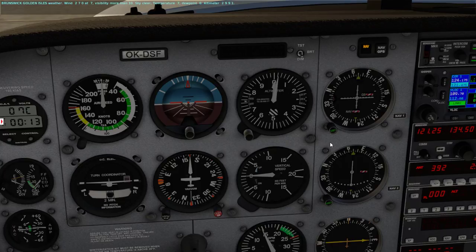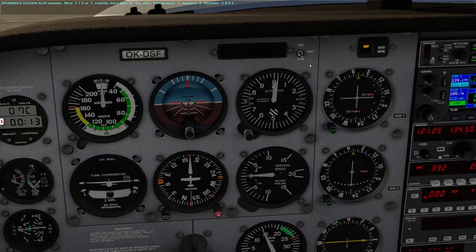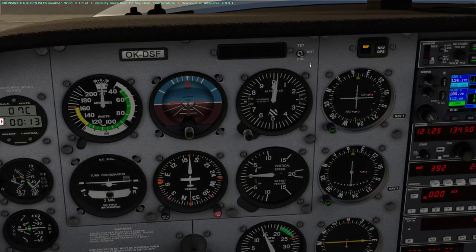270 at 7, so we're going to take off 25, which means we're going to go all the way down Alpha. We will navigate off of the